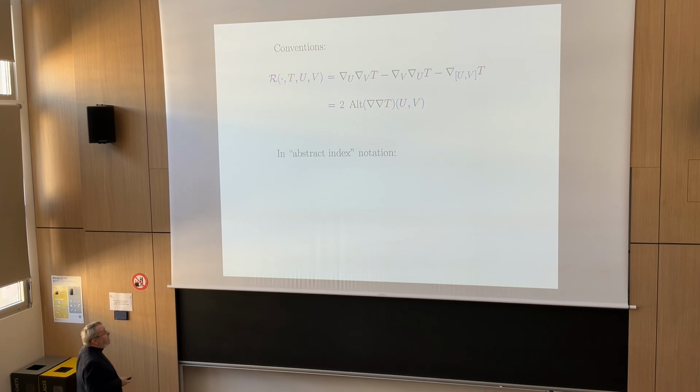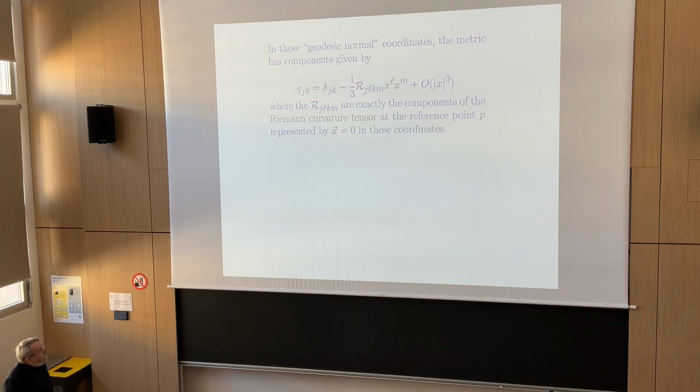And in the Penrose abstract index notation, which I'm not going to really tell you a lot about right now, this is saying that if you contract the curvature tensor with one vector field, then it's the same as taking the second covariant derivative of the vector field involved and then taking the skew part up to a factor of 2. That's this last expression, but in a different notation. All right, so